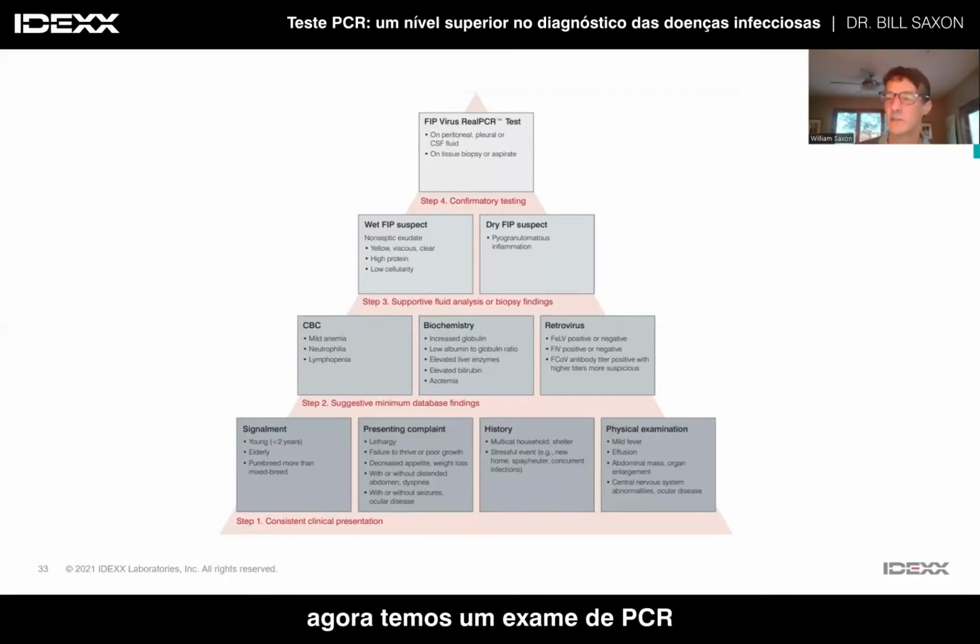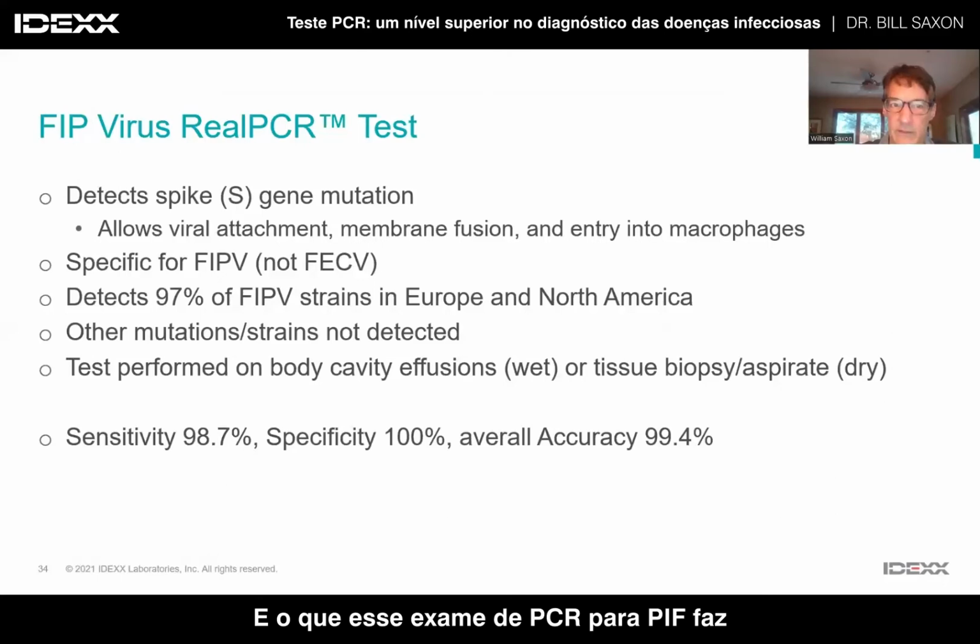Now we have a PCR test that can give us the answer in these cats. And what this PCR test for FIP does is it detects the mutation that the enteric benign coronavirus has undergone to now become the pathogenic FIP virus. All right, so this only will be positive if you have the mutated pathogenic virus. It detects most FIP strains. Okay, not all mutations are in this spike gene, so this test will not detect every mutated form of coronavirus,